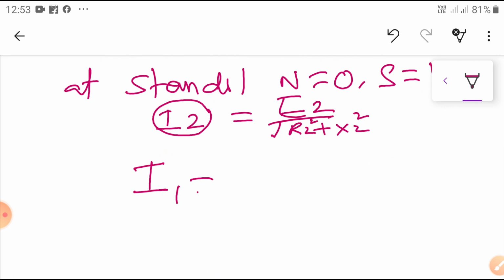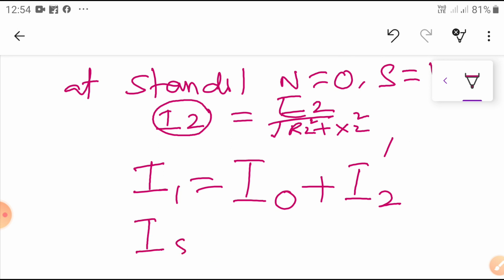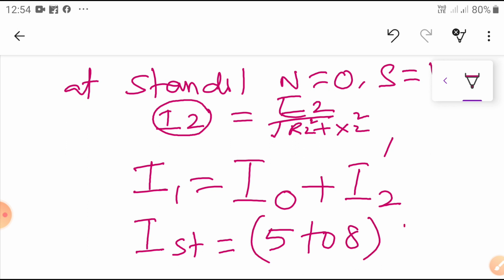I1 is equal to the vector sum of the no-load current plus I2 dash, the secondary current referred to the primary side. This I1 current initially, at S equal to 1, is nearly 5 to 8 times the normal full load current.